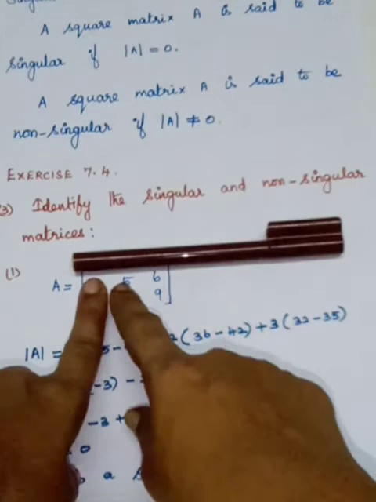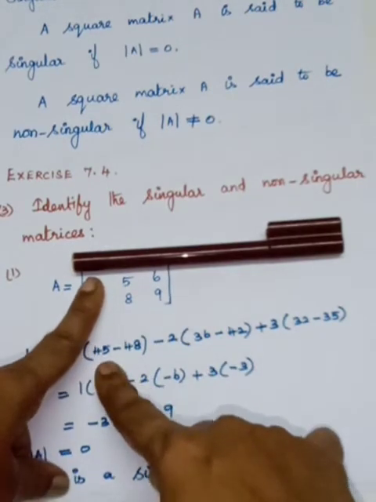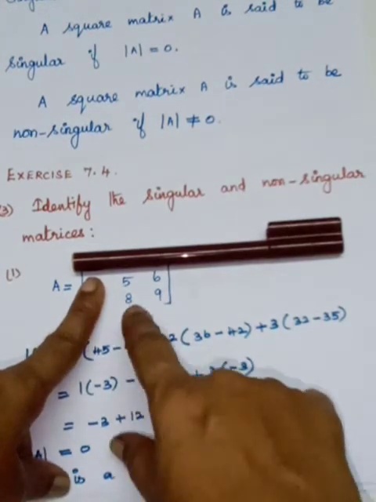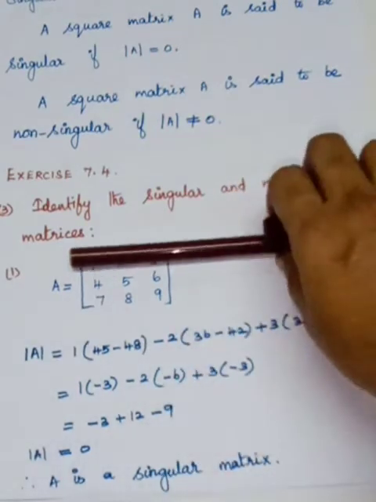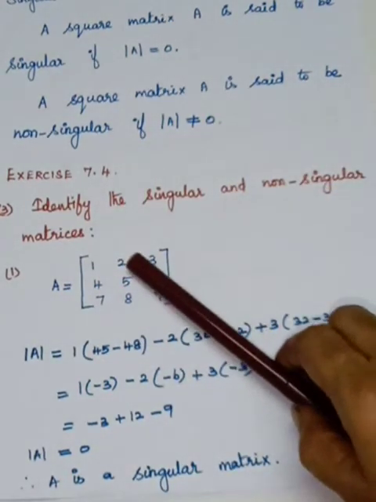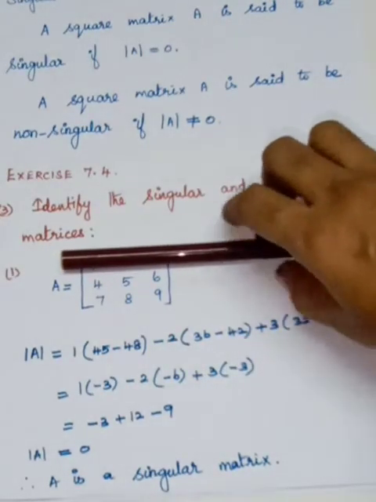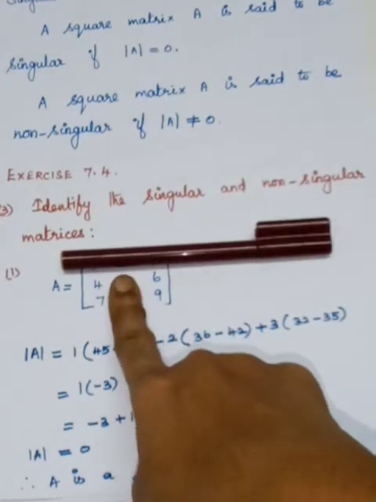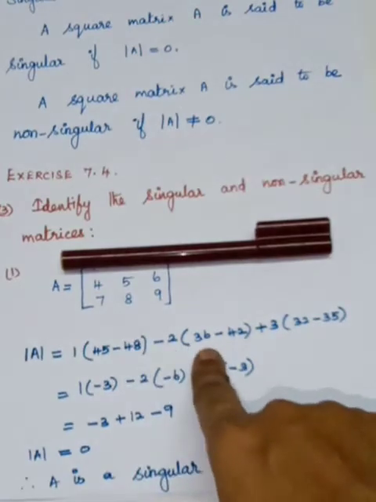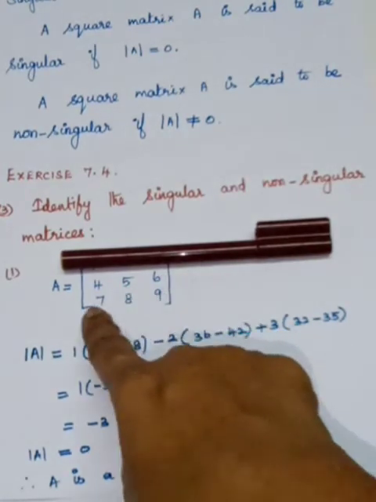So here 5 into 9 is 45. In between you have to write minus 8 6s or 48. When you go to the second element, you have to change a sign. So minus 2 into, delete the first row and the second column. 4 into 9, what is that? 36, minus 6 7s or